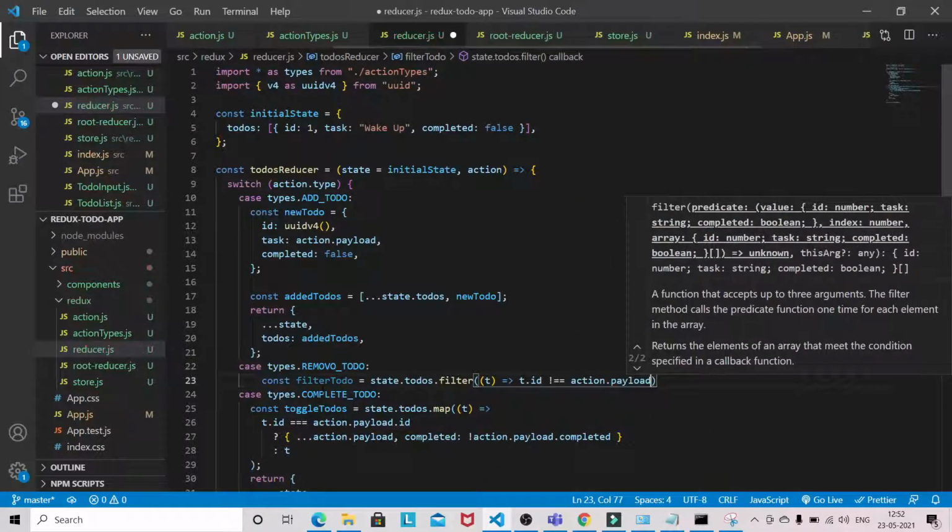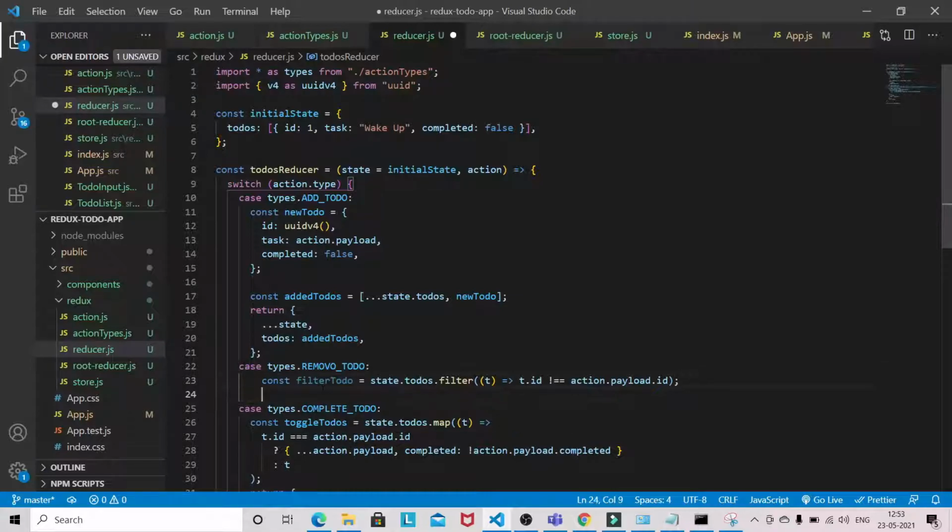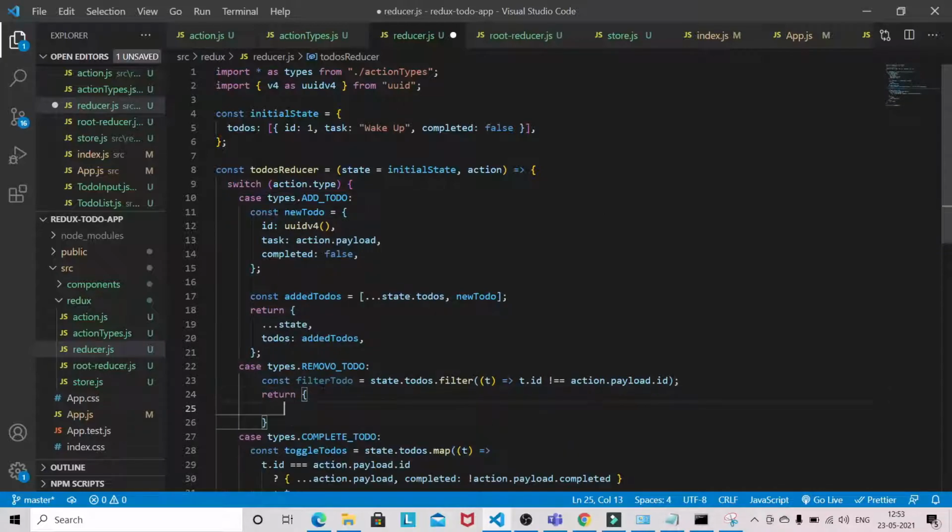So we are going to filter out the to-dos whose ID does not match, meaning we are basically keeping those to-dos whose ID does not match. Okay, so this is the logic to filter out the to-dos. Basically, in order to remove the to-dos, we are removing the ID which matches.